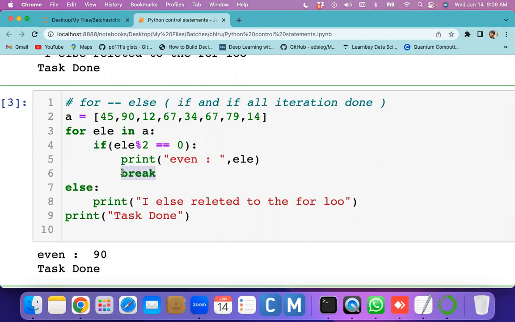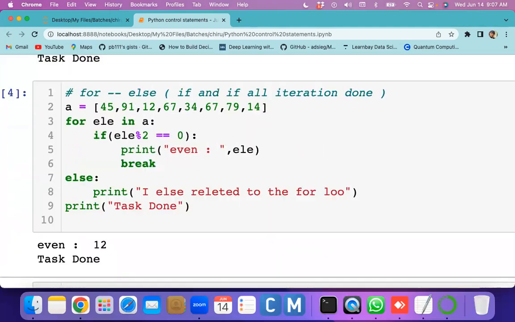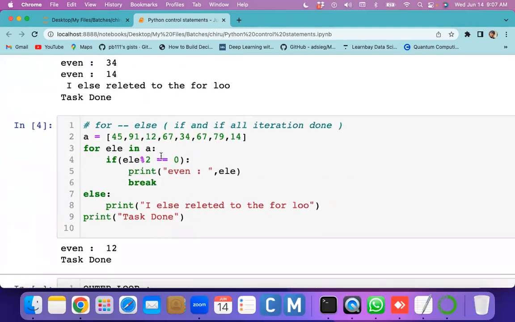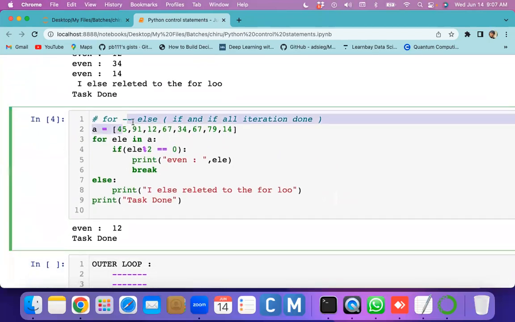What is the meaning of break? If you encounter the same pattern, then it won't go for the next one. For example, here 91. My second element is 91, then it will go for the 12. Here 45, that means it will not check another second even number.